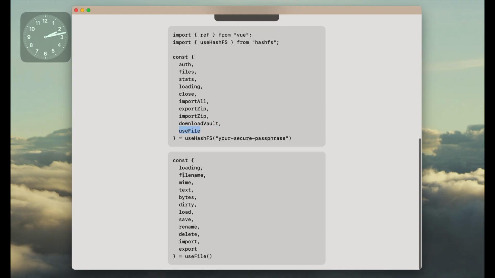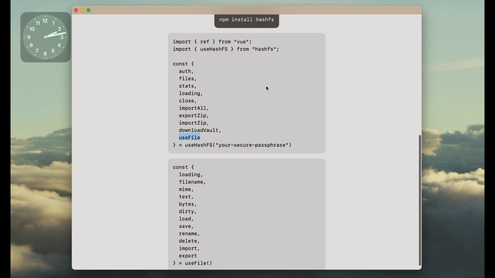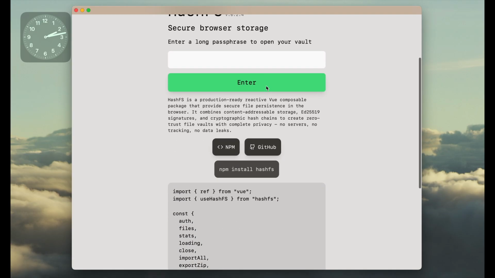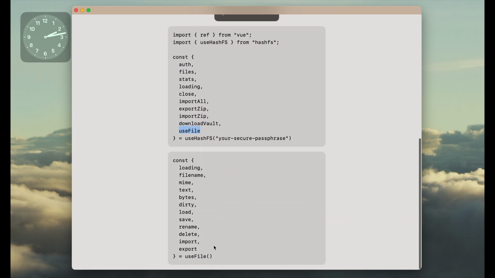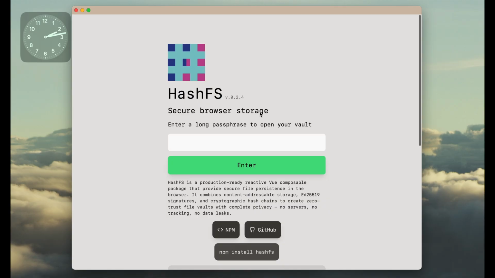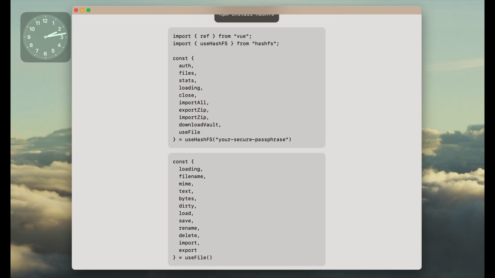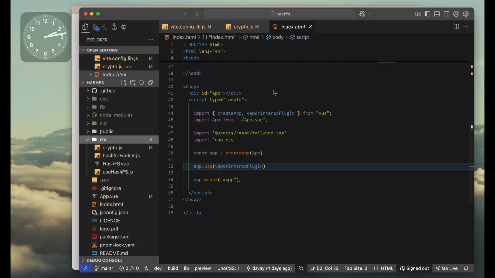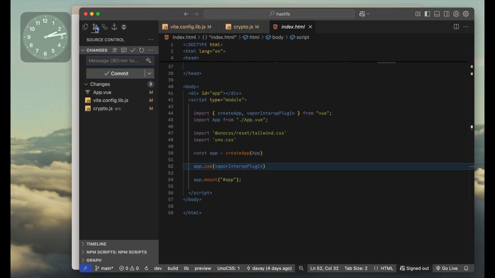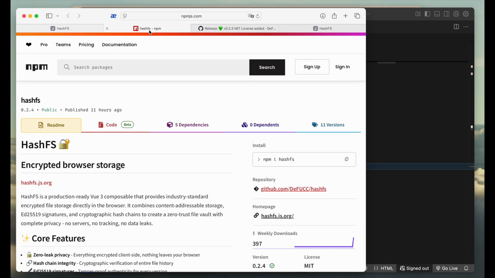You use file to get a file, and with the file you can do whatever and save it whenever, because you can configure, of course, the time of updates and storage. This is the projects that are involved, and I want to show you how it is very cool in terms of